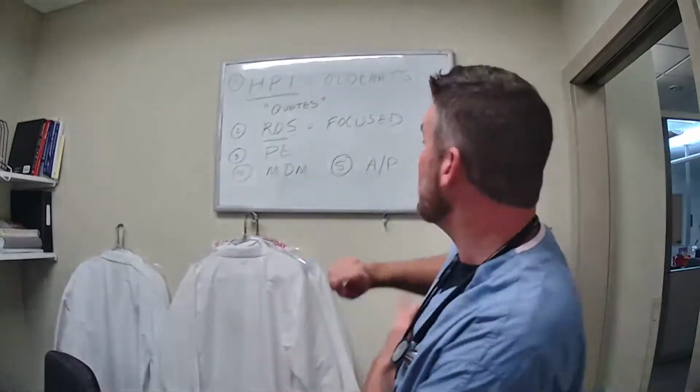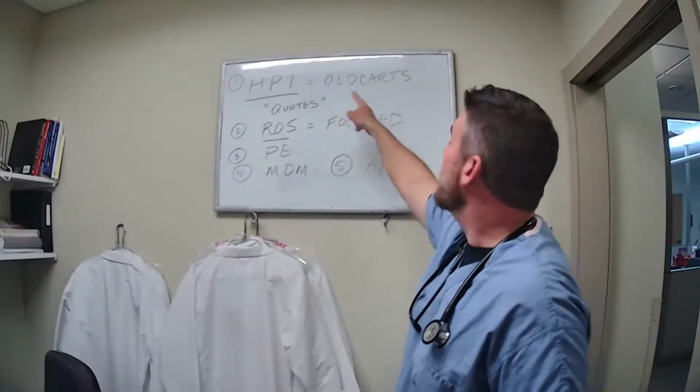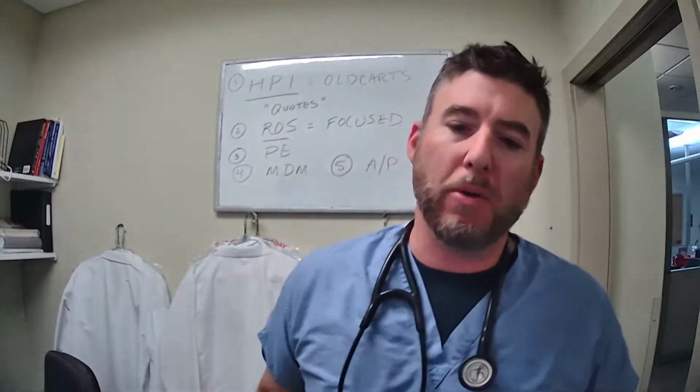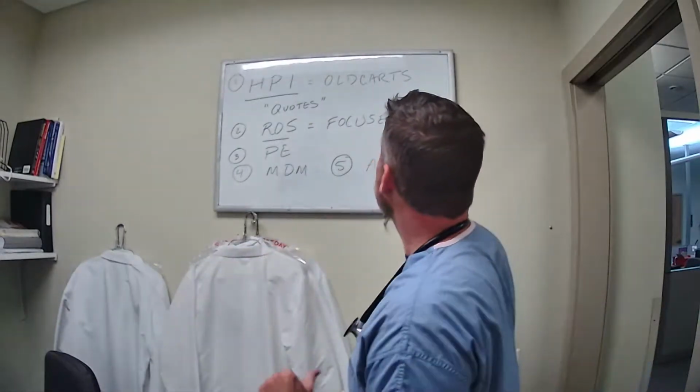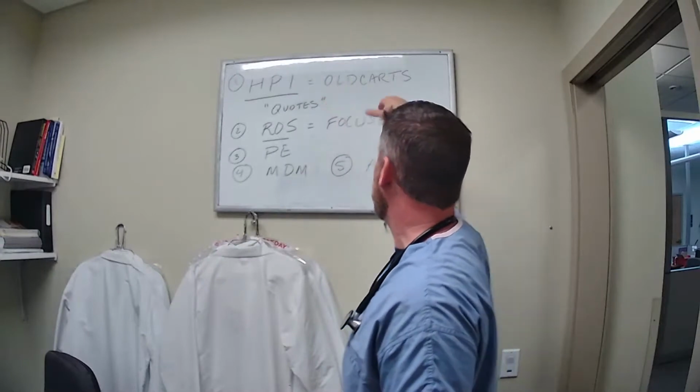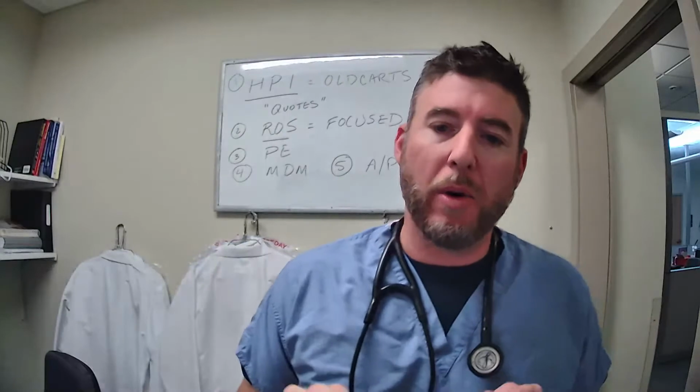So the HPI, right? So this is probably a review. You can either use your old Hartz mnemonic. Some people use OPQRST. Doesn't really matter. You just want to make sure you get those components. Now, remember that those components are not always valid to a certain complaint, right? Like onset, location, duration, character, all those kind of things. You want to use them when they're applicable, but if it's not applicable, then just move on to the next